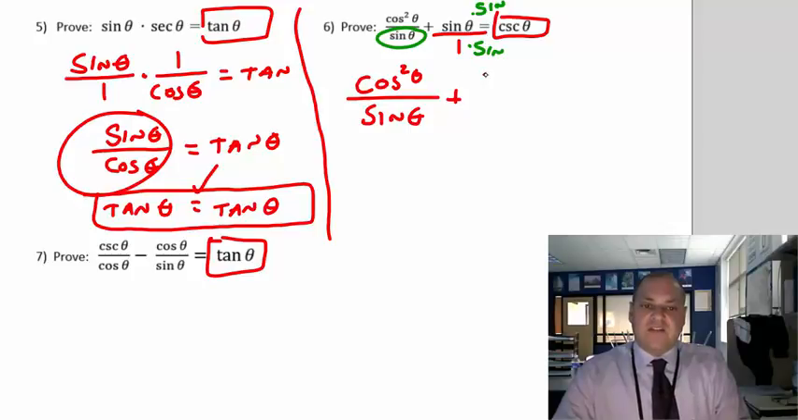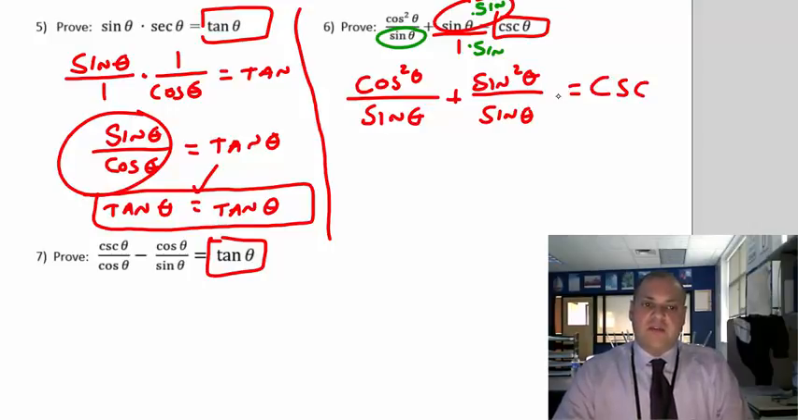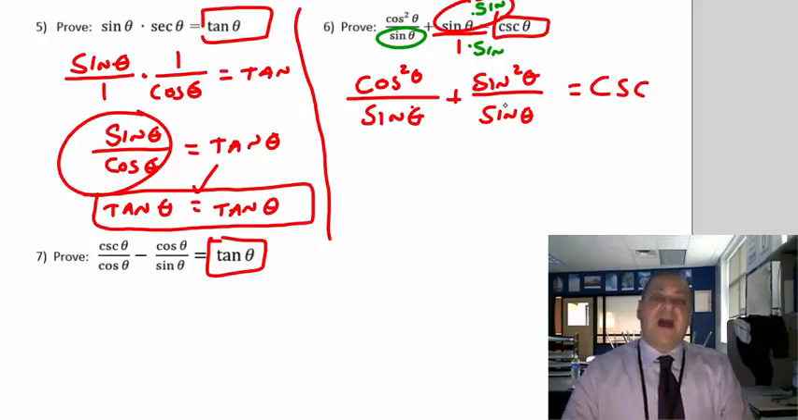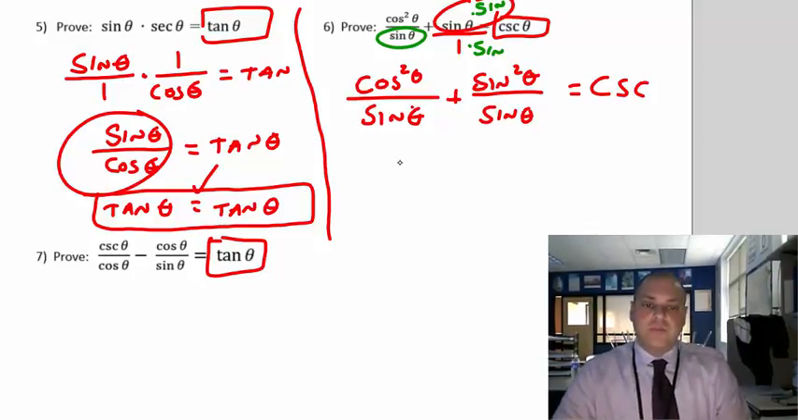So now I'm going to have sine squared on top. See that? Sine squared right there, over sine. Okay? And that should equal cosecant. Not yet, it doesn't yet. Now I have a common denominator, so I'm going to put them together. Cosine squared plus sine squared over sine